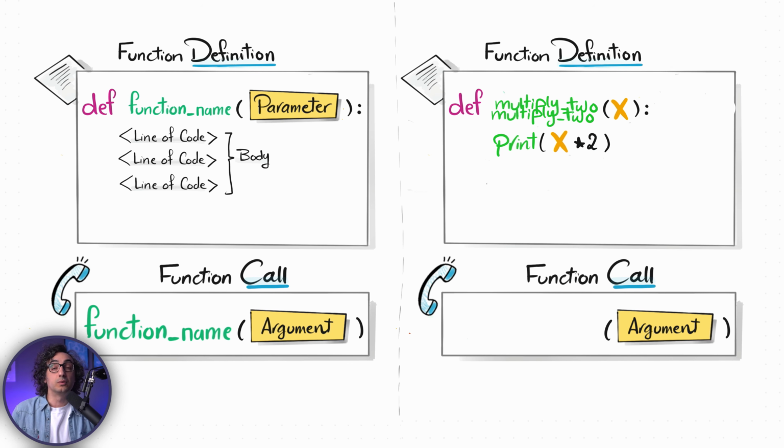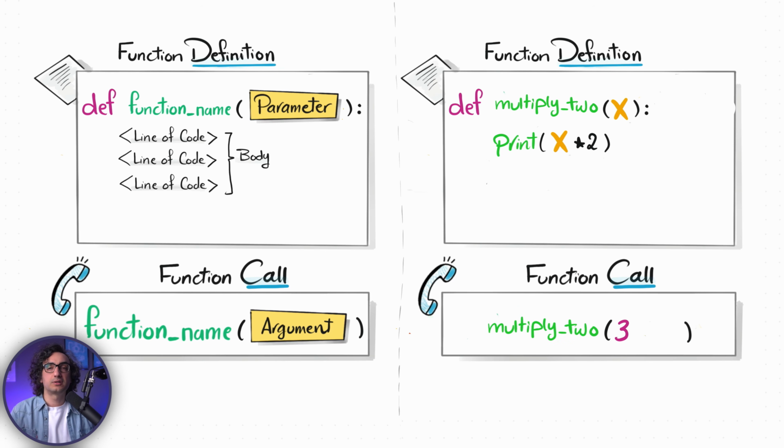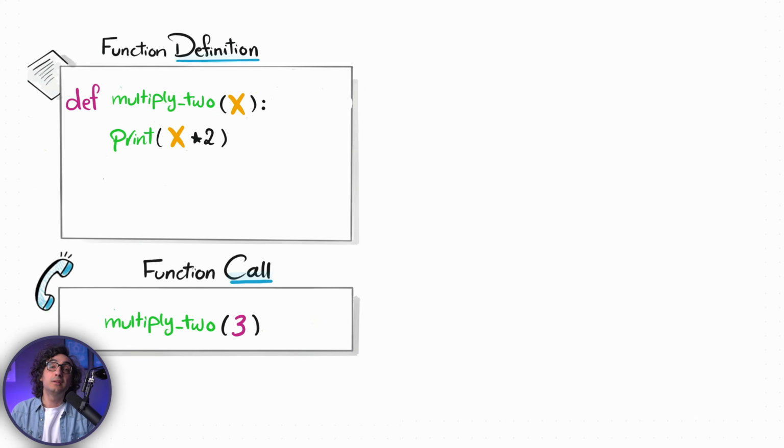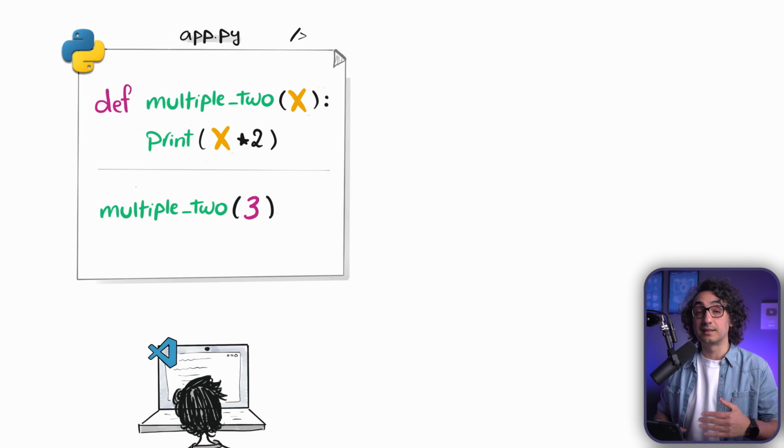Now in the function call, we're going to use the function name again. And now we have to specify an argument value. As you hear me, I'm saying a value, not a name. So it could be any value, for example, let's say 3. As you can see, it is very simple. The syntax stays the same, but we just added a parameter in the definition and our value, the argument, in the call. So now once you execute it, it's going to go line by line.